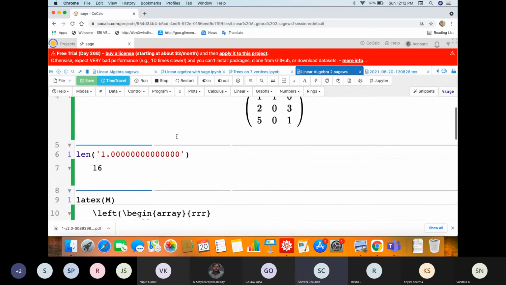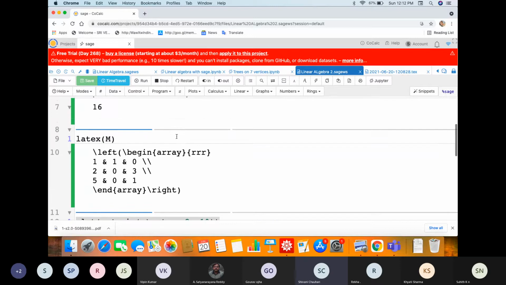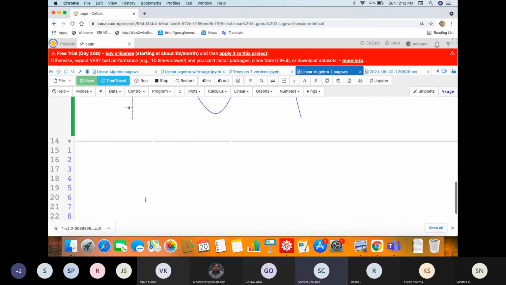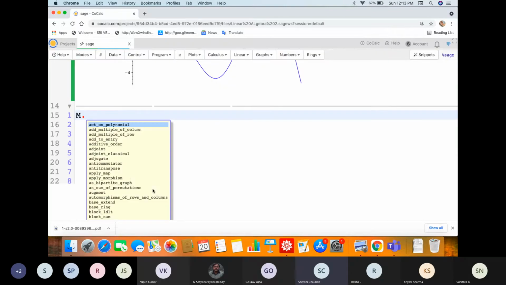Okay, so up till now we have defined a matrix. We have seen how we can generate the LaTeX code for the particular matrix. Now let us see what all operations are there related to a matrix. Sage provides standard constructions from linear algebra, like here you can calculate the characteristic polynomial. So m dot and press tab.